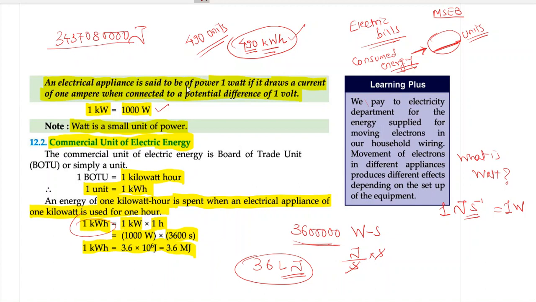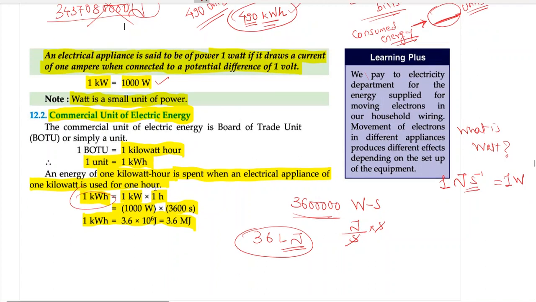You would see this number and you would faint. You will say, oh, this much money I have to pay. That's not the amount you are paying. That is the joules of energy. When you use such small units and the number is so big, there can be a mistake in calculation. Even if you put 1 zero extra or 1 zero less, just imagine how big the mistake will be. So to avoid these hassles, we use a bigger unit of electrical energy for measuring commercial use of electricity. That is kilowatt hour. Now you understand why we use kilowatt hour, because it is a bigger unit of electrical energy.